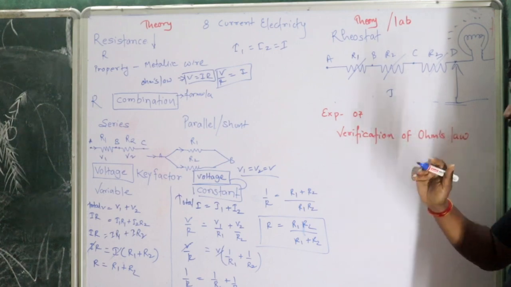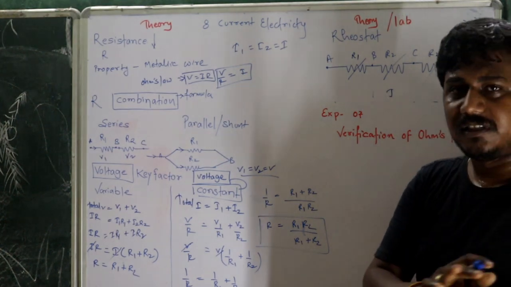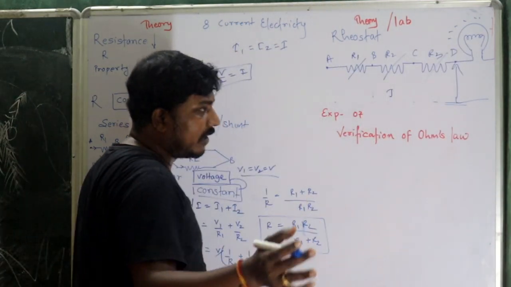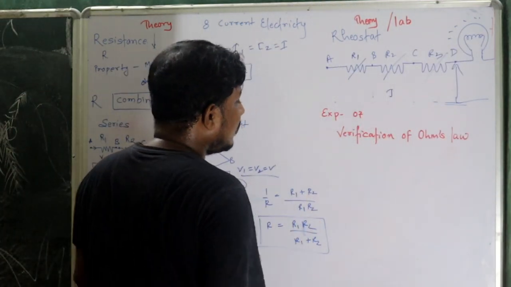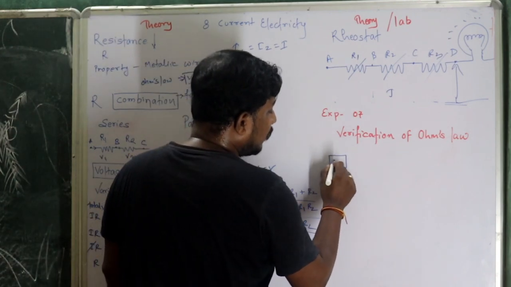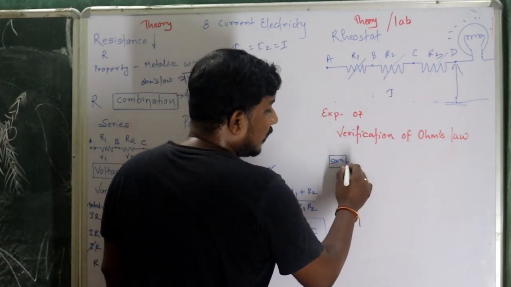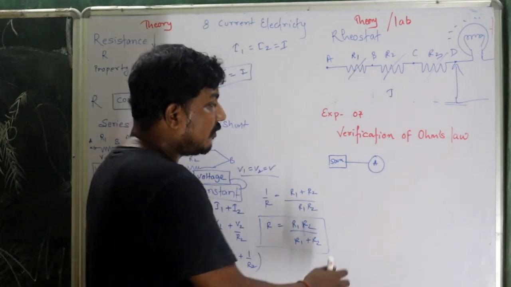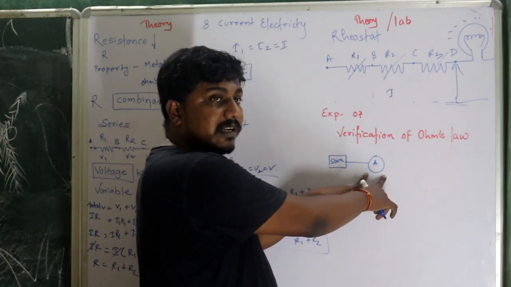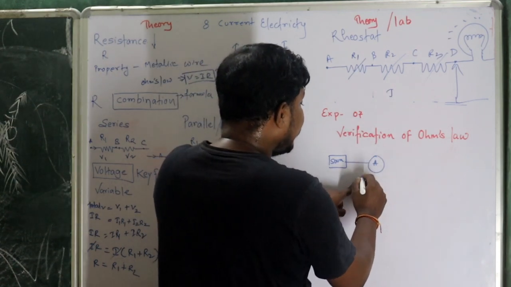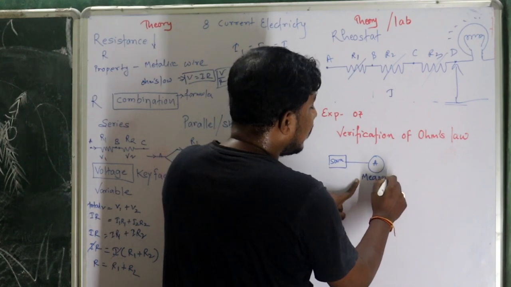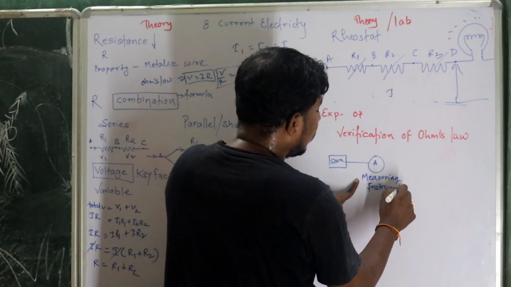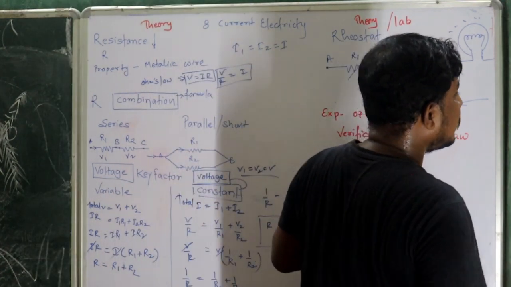Now I am not going to do the explanation because in the lab manual all the things are given. What I am going to do is explain the practical. Okay, if the practical comes, first you will have a source. Clear? After the source you have to connect the ammeter in series. Clear? The question is, what is an ammeter? Ammeter is a measuring instrument. Clear? It's a measuring instrument.